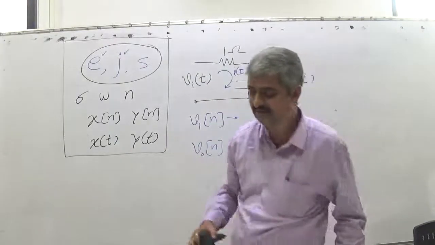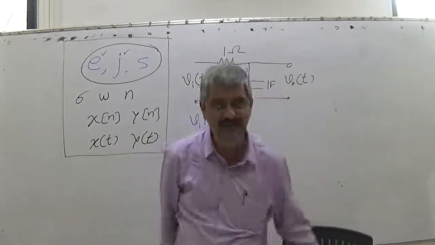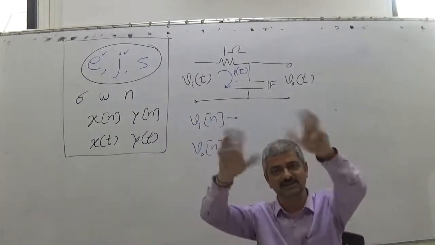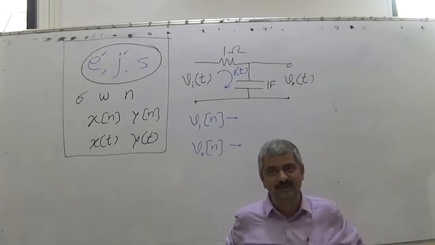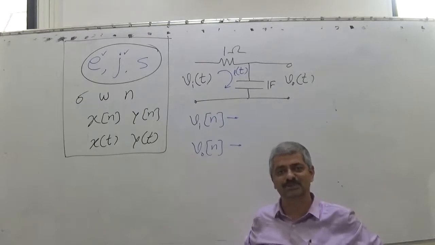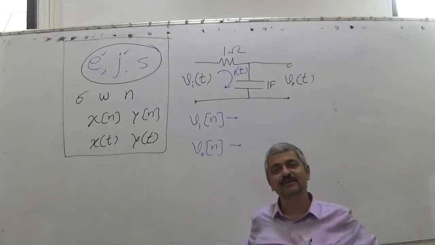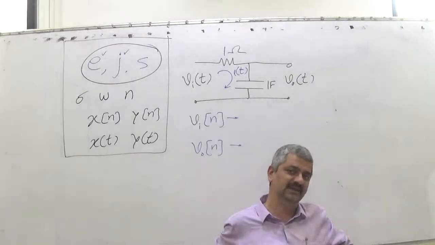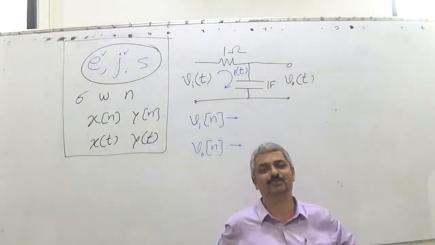So with this, what I am doing: V in T, voltage, current, resistor, capacitor, VOT, there is some kind of relationship, a differential relationship, a derivative. Derivative is somewhat easy but not so easy to understand, and its reverse process of integration is very difficult. But instead of derivative, difference is very easy to understand. So array processing is extremely simple as compared to continuous processing. So we go with array processing.